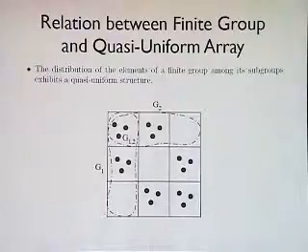Now, by the Lagrange theorem, we know that the number of dots in each column has to be the same. The number of dots in each row has to be the same, because the size of a subgroup and its cosets have the same size. Now this intersection here, which is the upper left corner, is the intersection between G1 and G2. It can be shown that each cell here corresponds to some cosets of G1 intersect with some cosets of